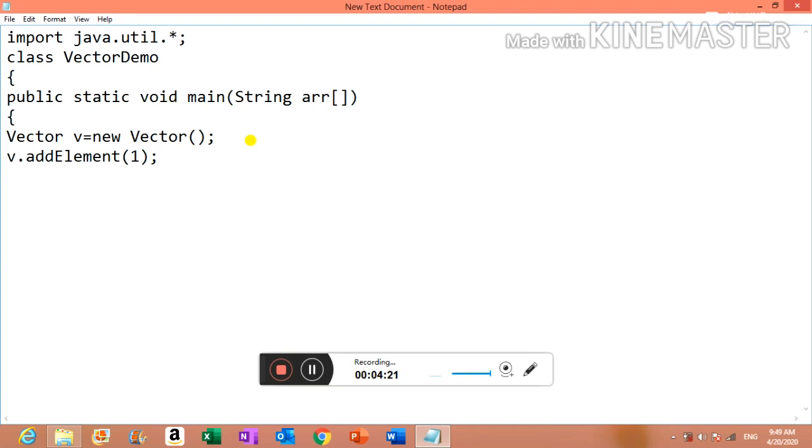So this is my vector object, and I am trying to add some more elements into the vector. Is a vector a homogeneous or heterogeneous object, right? It is heterogeneous. That means we can store any type of objects into the vector object. Here at first I stored 1, which is an integer object. Now I am trying to store a string object into the vector, right? For storing a string object also we use the same method, addElement of, and a string is represented in double quotes, right? So addElement of "hello".